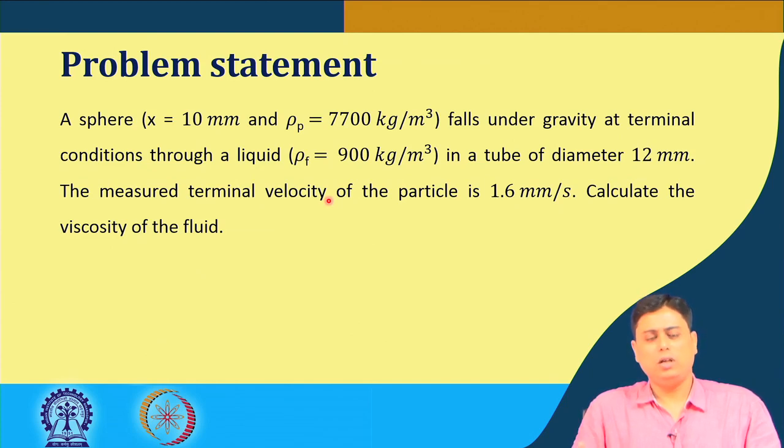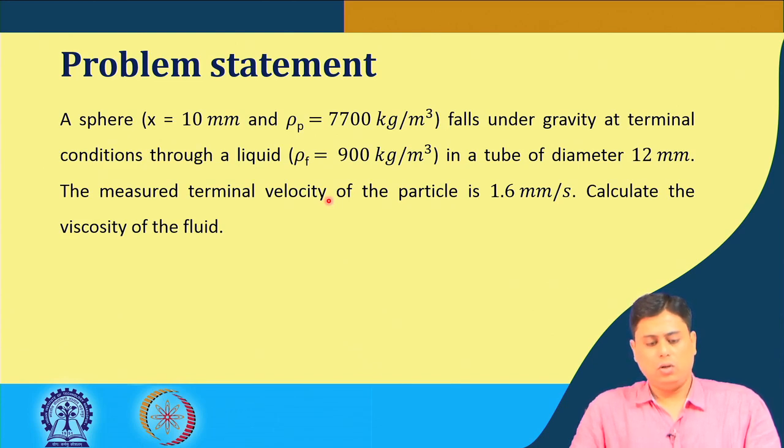Fine. So how do we attack the problem? The point is this concept I have told you: at first we have to find out, from the relation of either the previous two correlations that I showed you, either by Francis or by other correlation, what is the free fall terminal velocity in an infinite pool of liquid for such a spherical particle. If we can find that, then we can apply the Stokes law and find out what is the viscosity of the fluid.